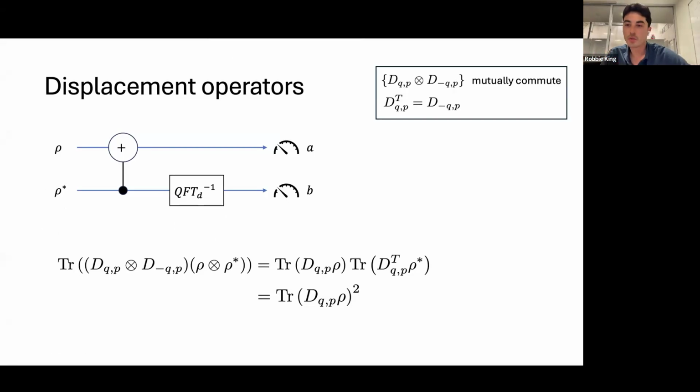I don't know. Maybe there is an interpretation like that, but I think the thing that I would say is just if you look at the set of operators on two registers which commute that you can build from these displacement operators, these sort of don't naturally give you anything useful if you measure them on rho tensor rho. Okay. But if you measure them on rho tensor rho star, then they give you this useful information about the original expectation values.